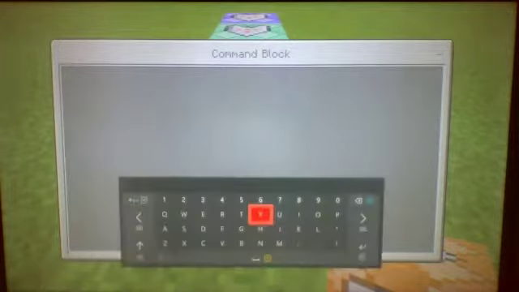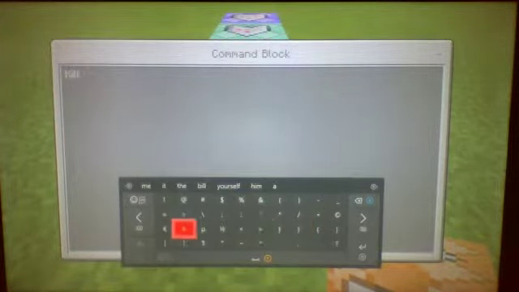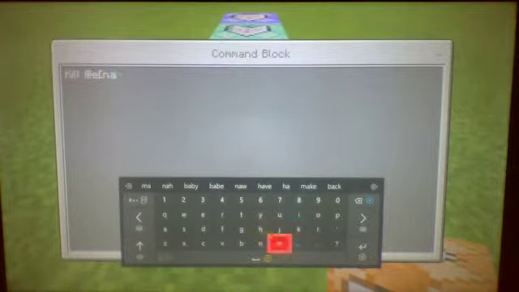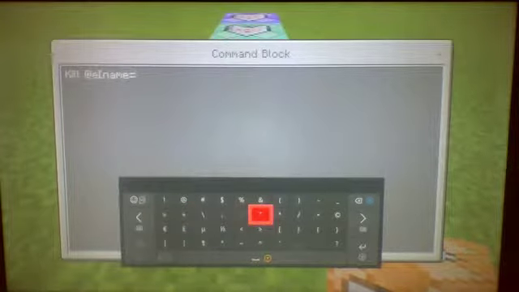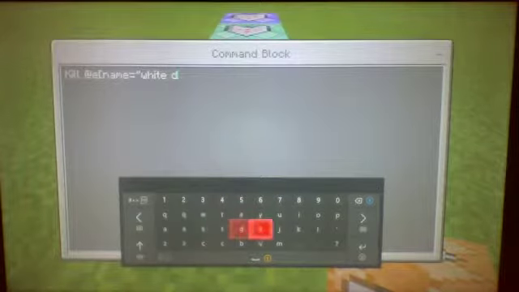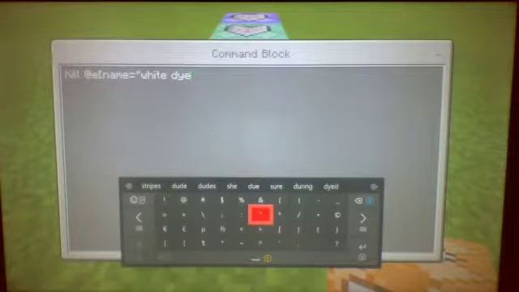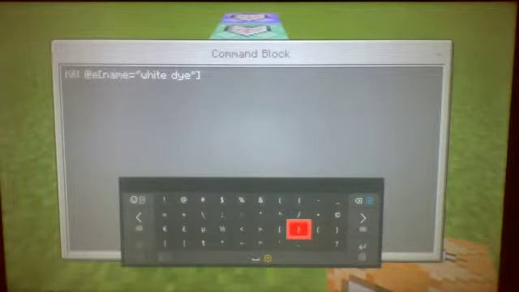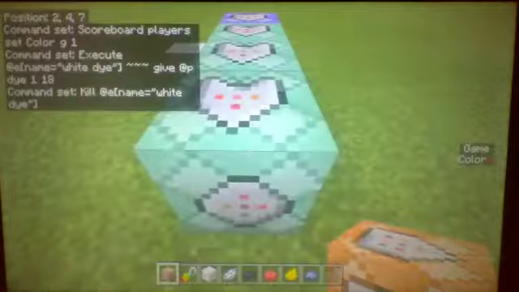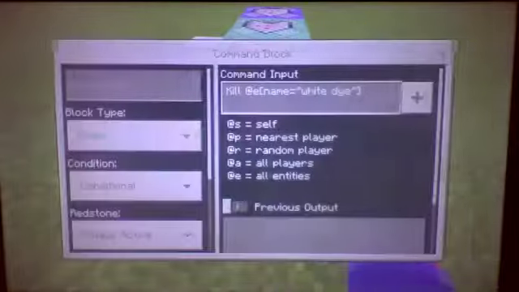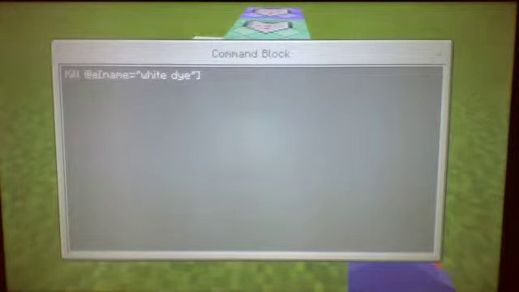And then immediately we're going to do kill at e name equals white die. And the reason that I'm doing these quotation marks is simply so that I can have a space in between the name, because if you look at it, it's white space die, so that works out. And I found that capitalizing with names doesn't really seem to matter. So immediately after